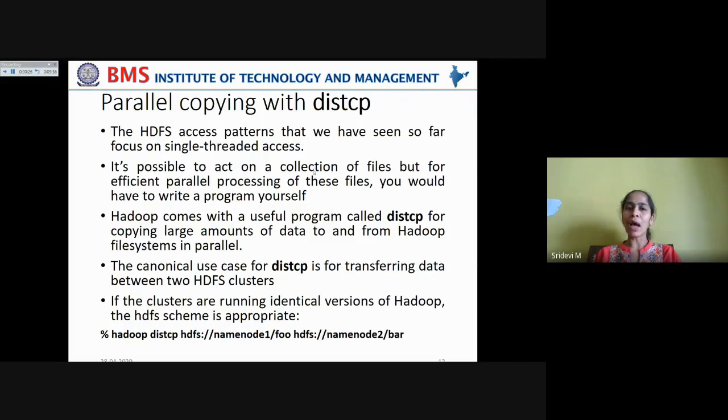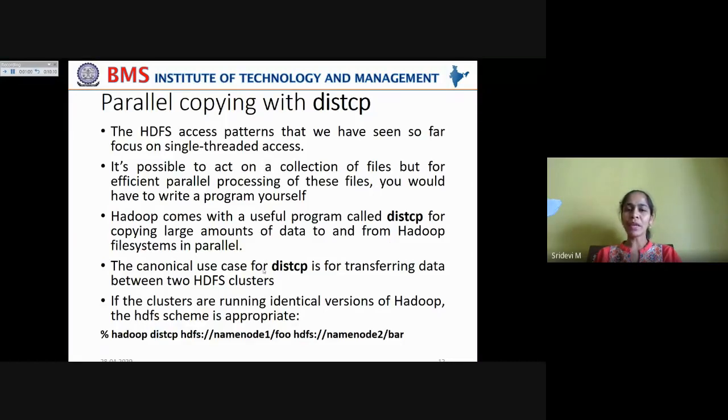It's possible to act on a collection of files, but for efficient parallel processing of these files, you would have to write a program yourself, because you want to support multiple threads and multiple processes. Now, Hadoop comes with a useful program called distcp for copying large amounts of data to and from Hadoop file systems in parallel, so that it can serve multiple requests of the HDFS clients.